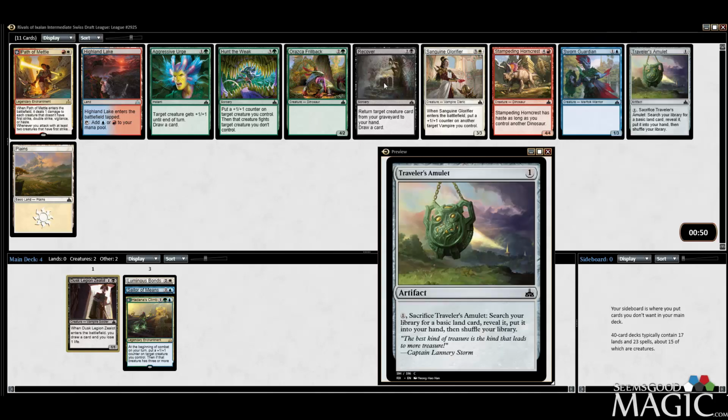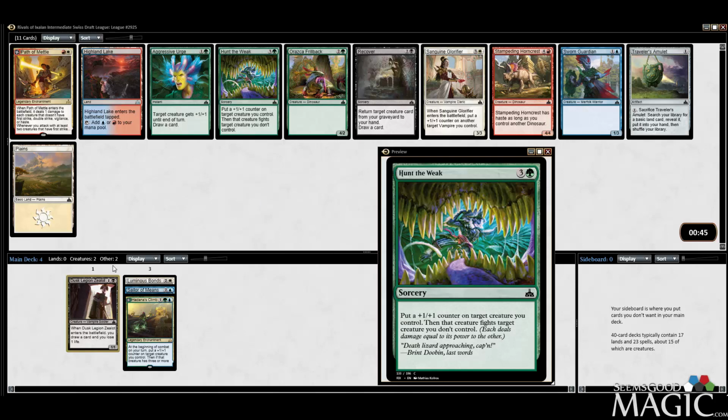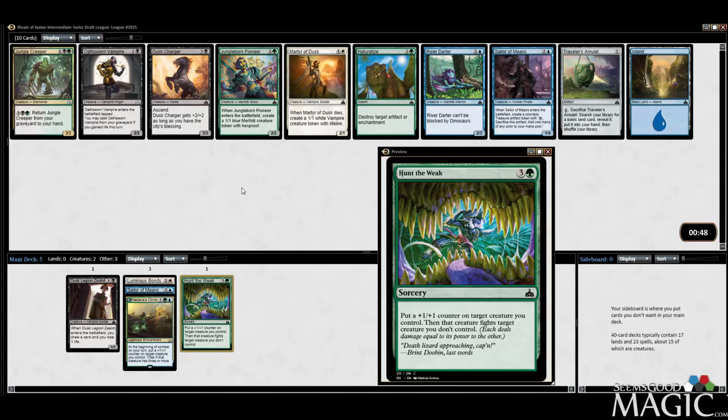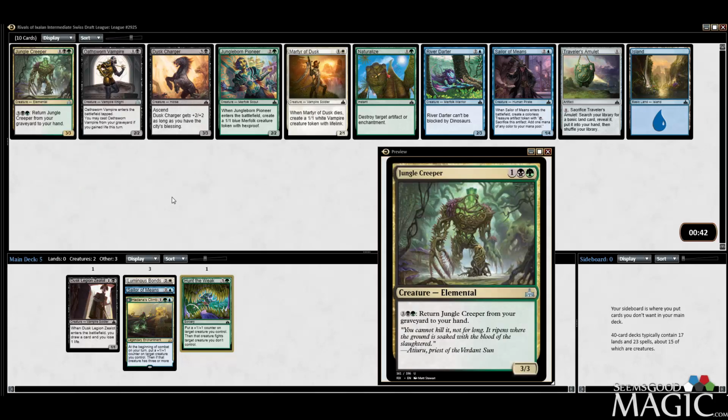So now we have Traveler's Amulet, Recover, Hunt the Weak. It's a 5th pick Hunt the Weak. It could be a good sign for green potentially. It's probably the best card remaining in here. So now we have quite a few good cards actually. The Pioneer, the Jungle Creeper,